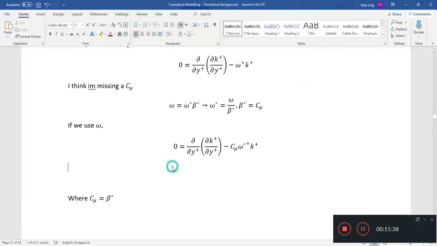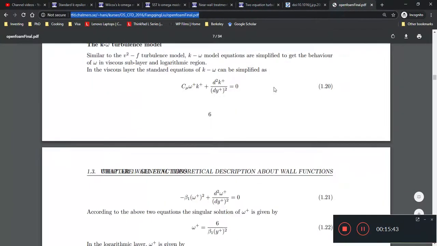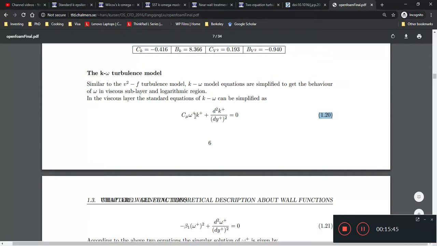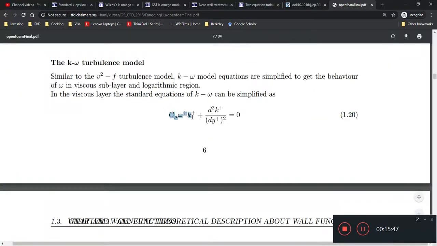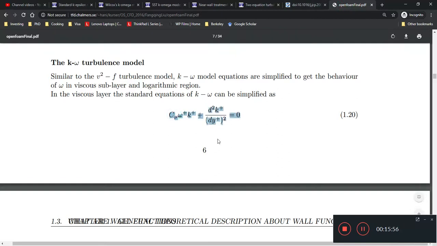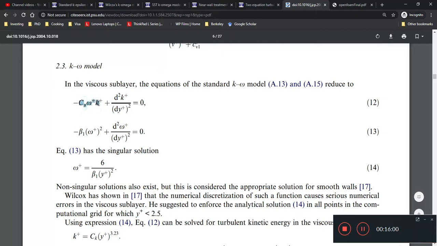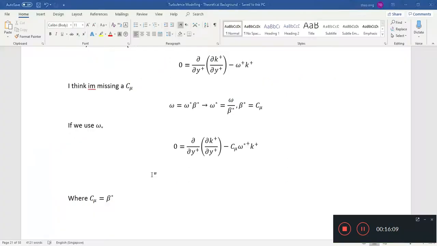Okay, just so you know, it looks like there's a typo here. Equation 1.20 of this project, the sign of this should be negative, because the paper it quotes from says that the coefficient of this dissipation term is negative. Okay, so likewise you do the same for here, and for the sake of time I'm not going to